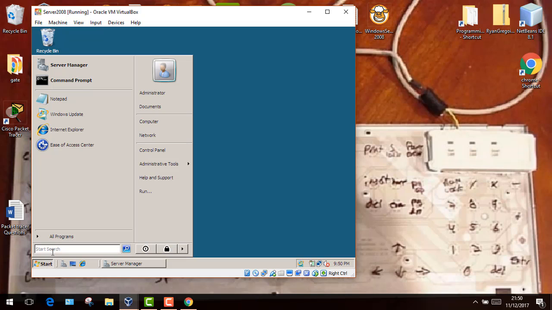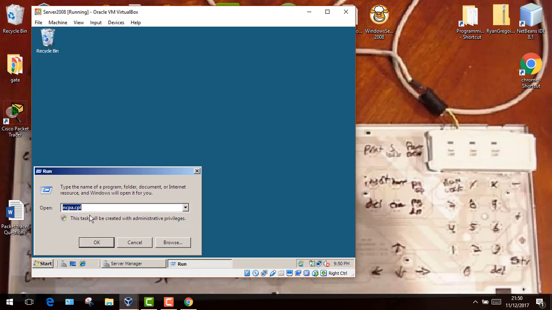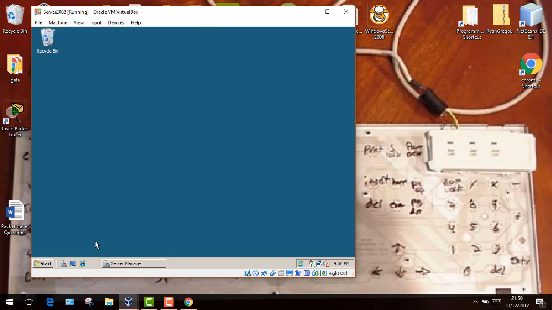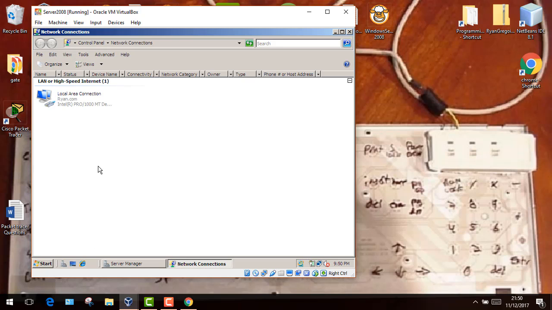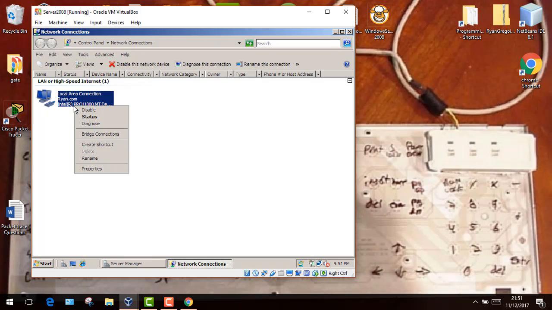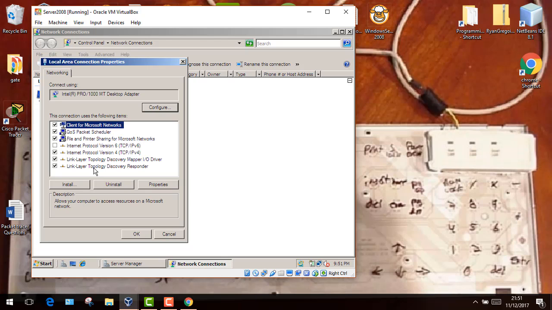So I'm going to click start and type in run, and in run I'm going to type in ncpa.cpl and click OK. This is a shortcut to access the network connectivity. I'm going to right click this local area connection and click properties. I'm going to click IPv4